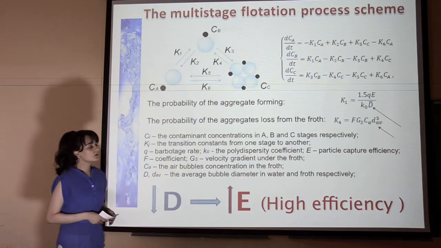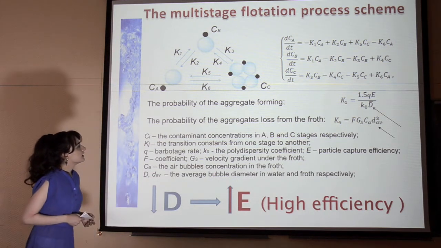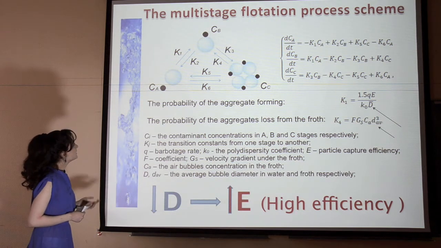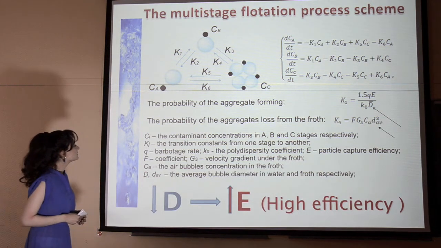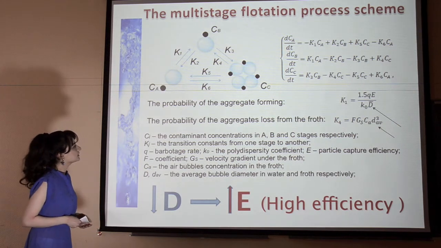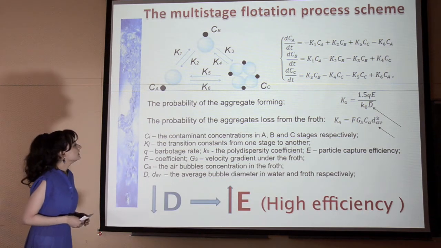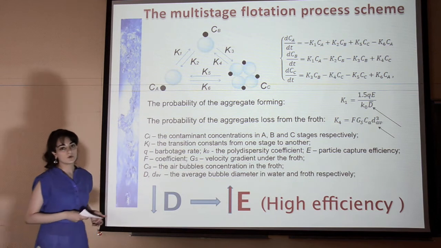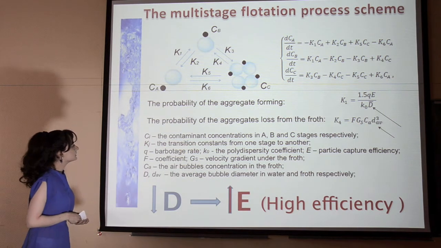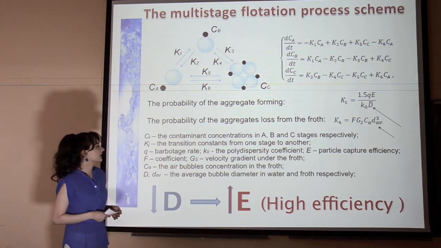water. So nowadays, flotation is described by the following multi-stage model and is determined with this set of equations. Here, C_A, C_B and C_C are the contaminant concentrations in stages A, B and C respectively. K1, 2, 3 up to 6 are the transition constants from one stage to another. And in this work, K1 and K4 are of special interest. For example, the first one describes the probability of the aggregate forming, and K4 the probability of the aggregate's loss